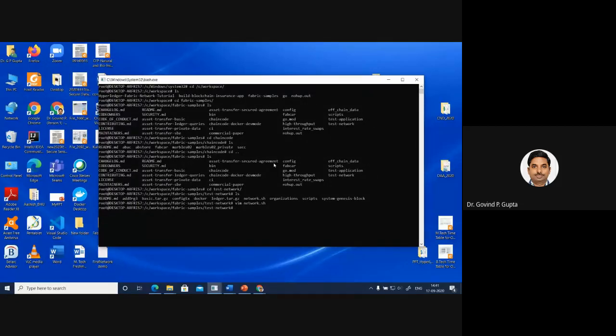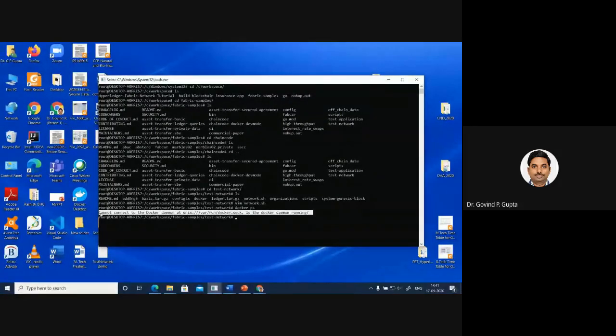In order to bring up the network, first I'm going to check whether any Docker image is running or not. The command is docker ps. If some error appears, then you learn.